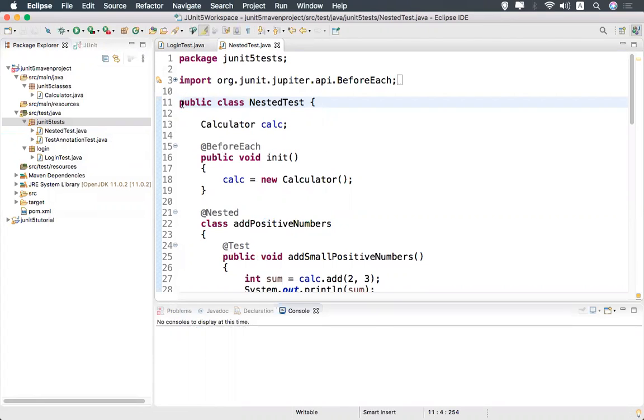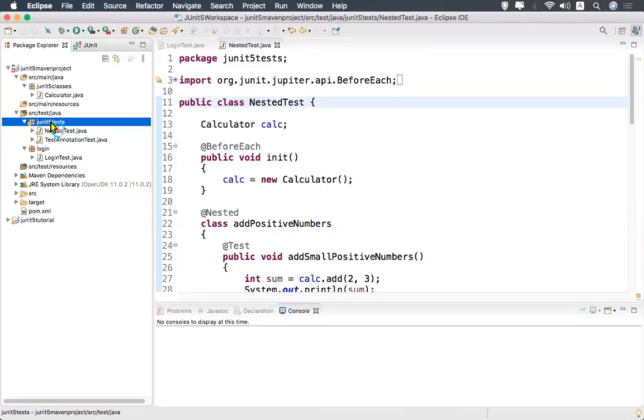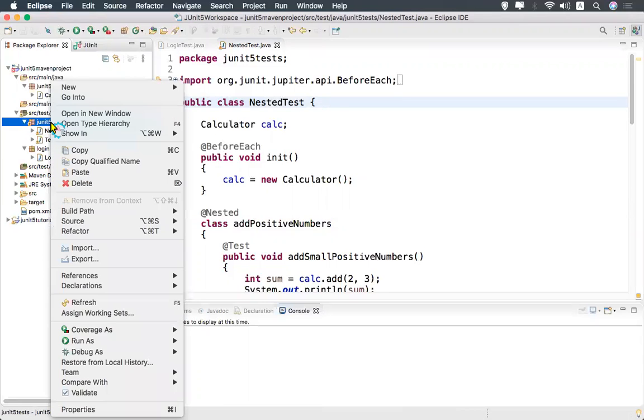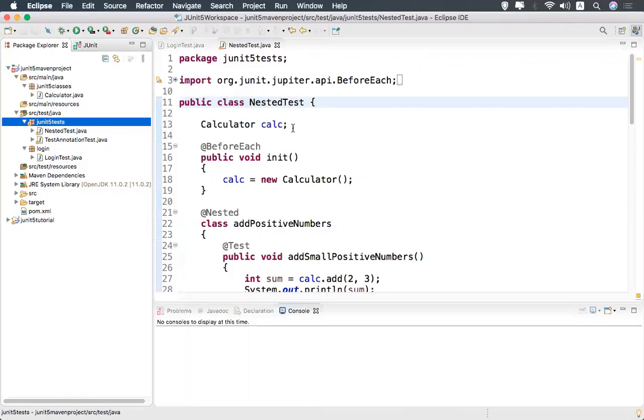But I want to execute only specific packages. I want to control my test executions. So how can I do that? This is not possible by right clicking on a particular package and executing. I want to execute two packages at a shot, and that is not possible by right clicking. Then how can you do that?